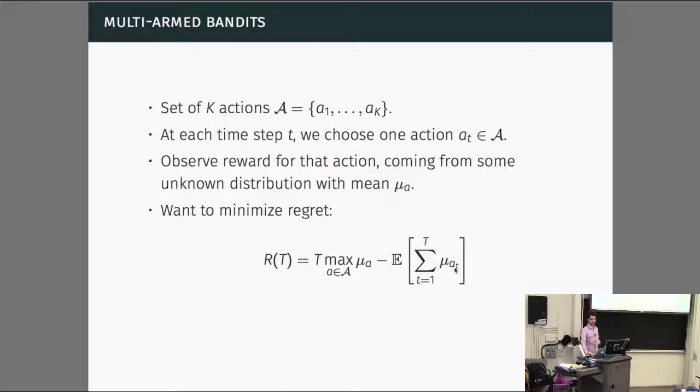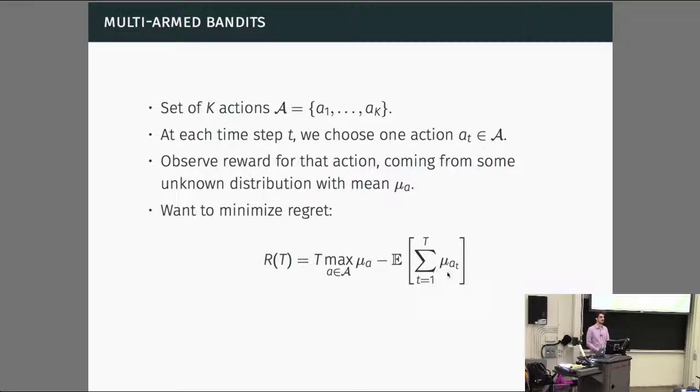But presumably we're not doing that, so we want to compare what we're doing to the optimal outcome. And what we're doing is at every time step we're choosing action A sub t. So we want to take the expectation of the sum over all of the means of all the actions we've taken. Now, if we're summing over the means of the actions, why do we need to take an expectation around that? Because the mean presumably is already the expected reward of an action, right?